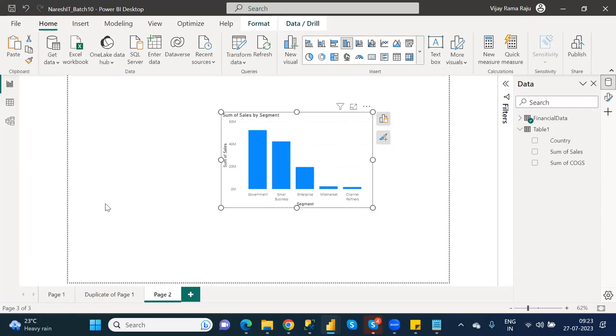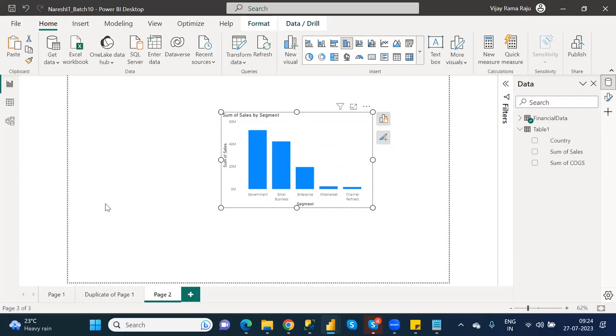Similar visuals are also there in other pages, or in the same page also. If I want to apply the same design part to another visual, it will take some time, right? So if I complete all the pages for all the visuals, it will take so much time, right? Instead of doing that,